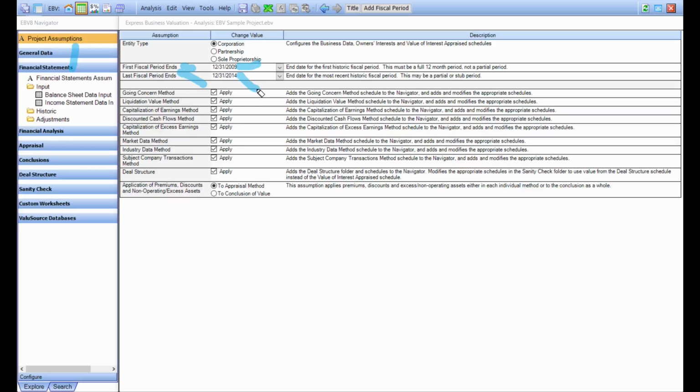The next one down is for the last fiscal period ends. This does not have to be a 12-month period. It can be a partial period. In order to change these,